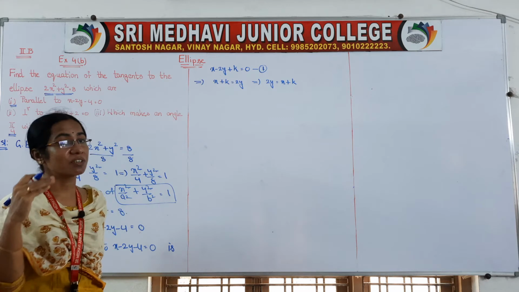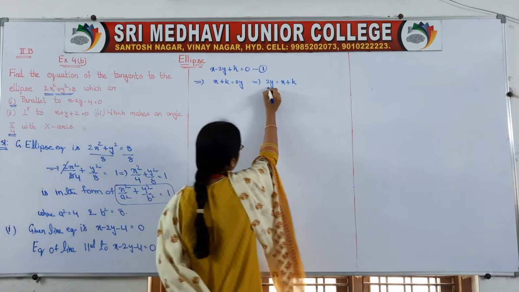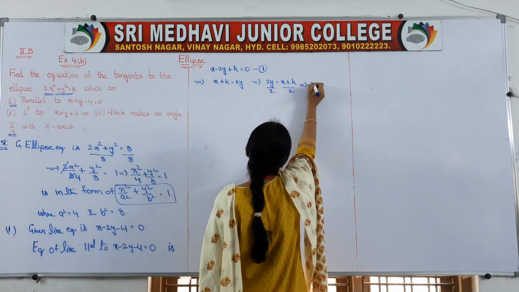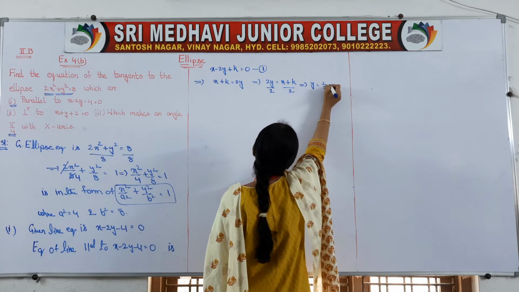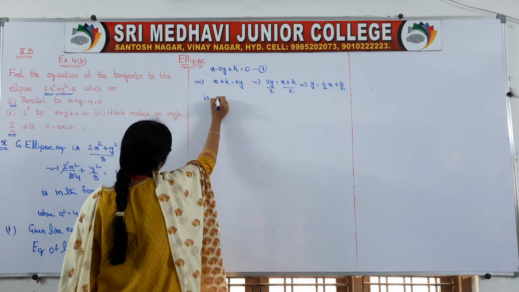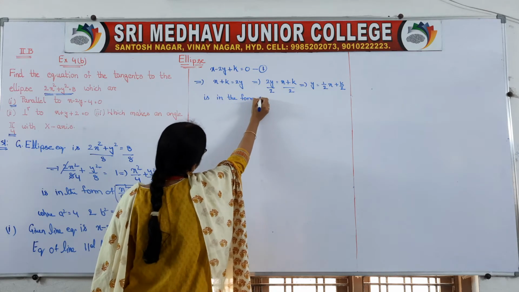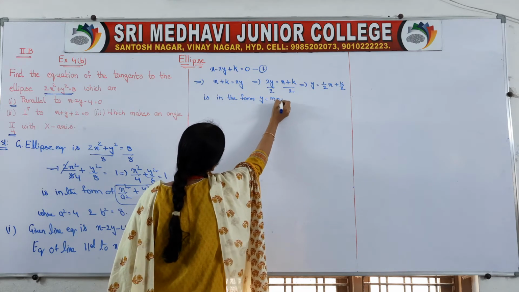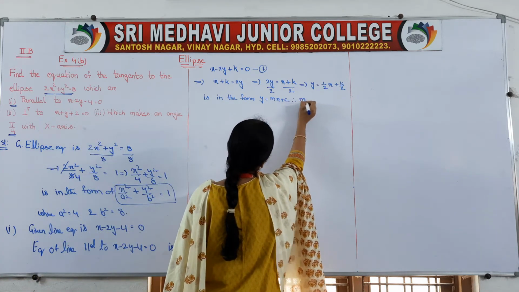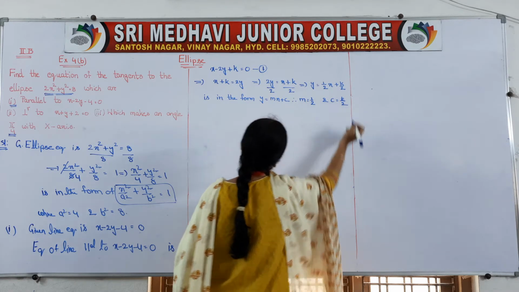Generally the line equation is in y is equal to mx plus c form. So 2y is there, so divide both sides by 2, right. Then what happens to our equation? y is equal to 1 by 2 x plus k by 2, which is in the form of which form? You know it very well. What is that? y is equal to mx plus c form. Okay. So therefore, m value is 1 by 2 and c value is k by 2.